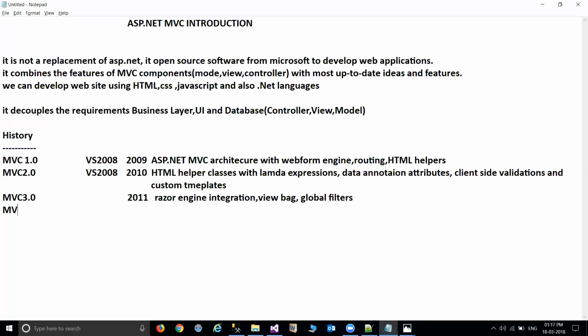After this, they provided the 4.0 version in 2012 with Visual Studio 2010 and 2012. In this version, they concentrated on the mobile project template, bundling and minification, and support for the Windows Azure SDK. This is a major version they released for the mobile application template.